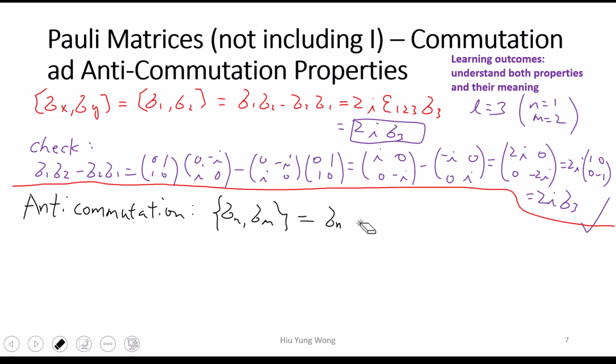So you mean swap, right? But it turns out it is not, though that's a good guess because you really cannot guess. Another possibility is to use plus, right? It's just a name. So this is the definition: the first term goes first, sigma n, sigma m, plus sigma m, sigma n, instead of minus. So what will be the result? This is much easier. It equals 2 delta